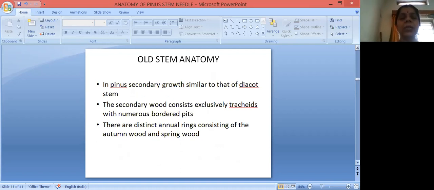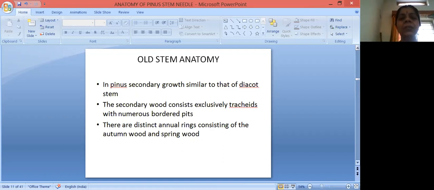So how are the cells surrounding each other linked for the translocation? There is a link between each and every cell in the tissue by some pores. Those pores are nothing but pits. If the pores do not have any surrounding wall, they are simple pits. If the pores are covered by a bracket-like structure, they are called border pits. So here in secondary wood, in the tracheids, that is in xylem cells, numerous border pits are present.